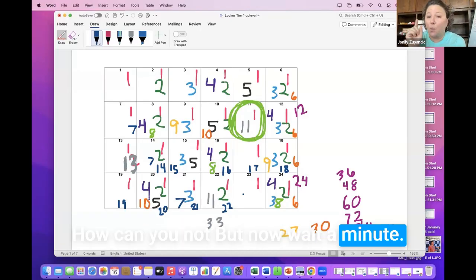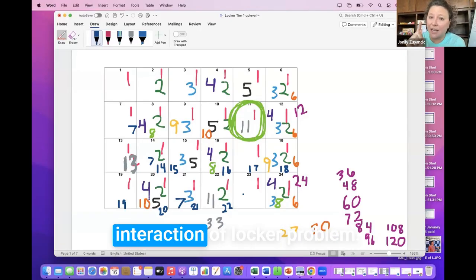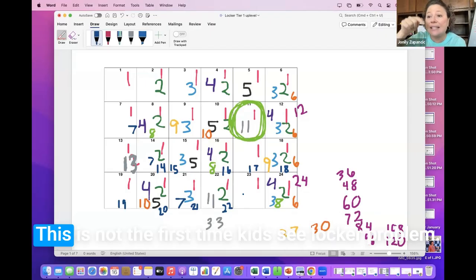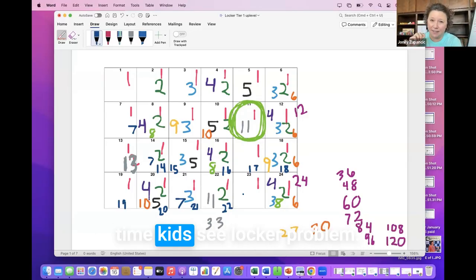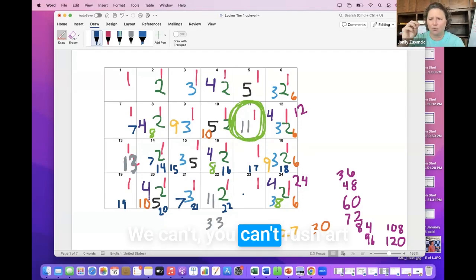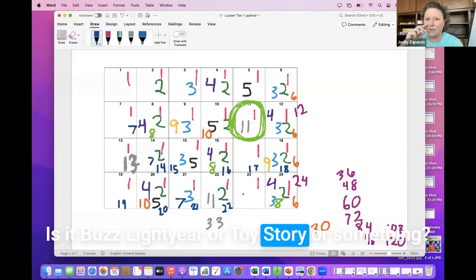But now, wait a minute. We can't do this on the first interaction of locker problem. This is not the first time kids see locker problem. It's probably not even the fifth time kids see locker problem. You can't rush art. That comes from a movie. Is it Buzz Lightyear or Toy Story or something?